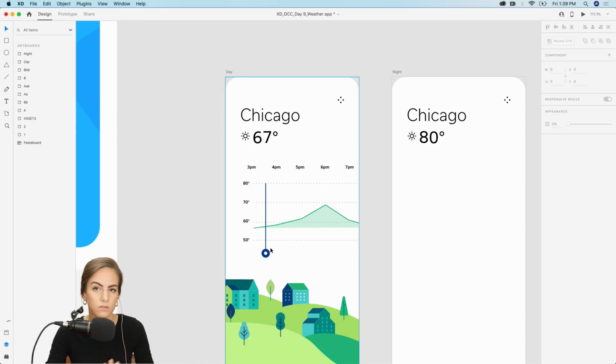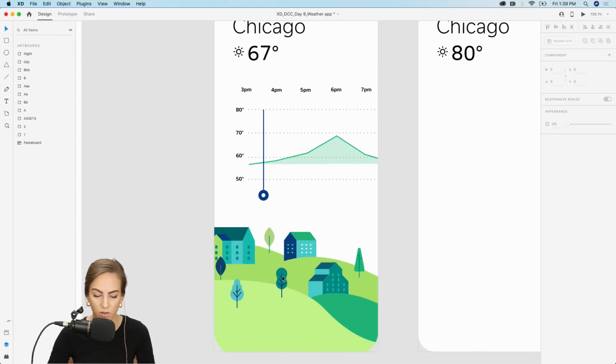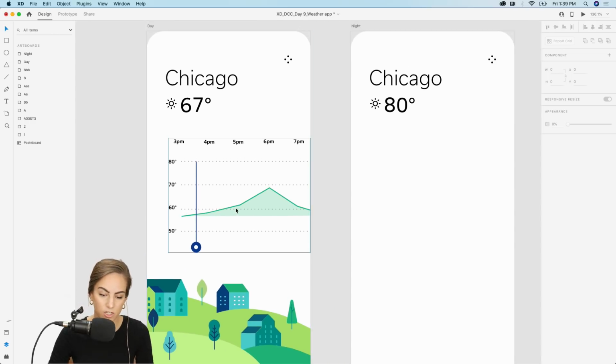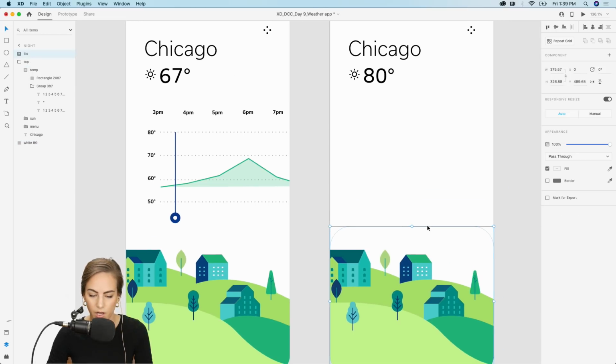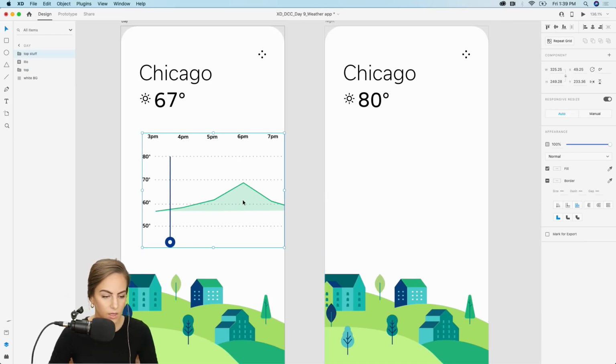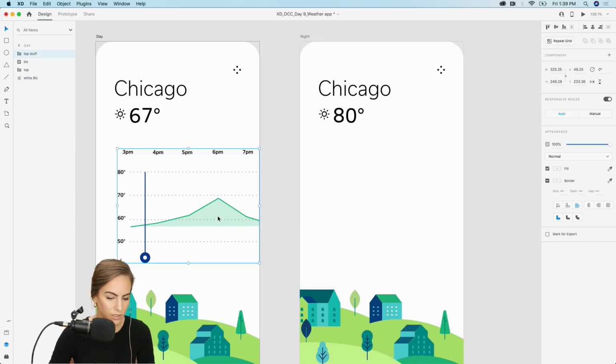So we're going to use a bunch of different blending modes for that, and the cool thing is we don't have to go in and change the colors of all the houses and trees and everything, even though we could because they're all individual vector elements. But I'm just going to do an overlay blending mode, and that will change it all for us. So let me copy this bottom illustration over, and I'm going to copy this, make sure I name this properly. I'll call this graph.